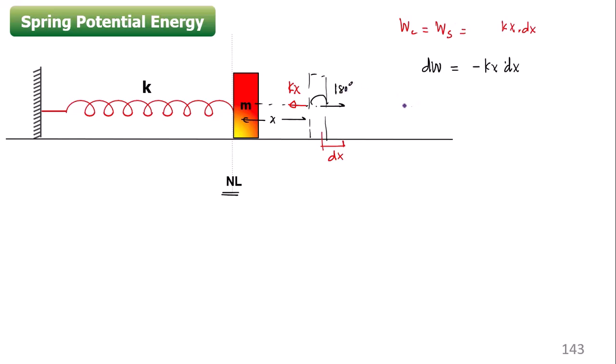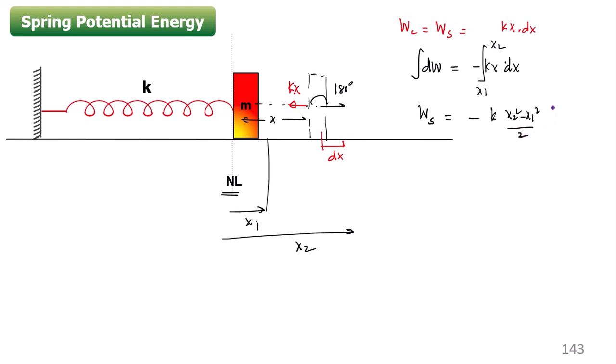Okay. So let us say I want to calculate the total work done. So if the spring is brought from, let us say, x1 position to x2 position, I want to change the position from x1 to x2. So what is the work done? So integration of this from x1 to x2. So that W net, or the spring force work, should be equal to minus k times x2 square minus x1 square by 2. Okay, we put the limits, so we get the value of minus k times x2 square minus x1 square by 2.